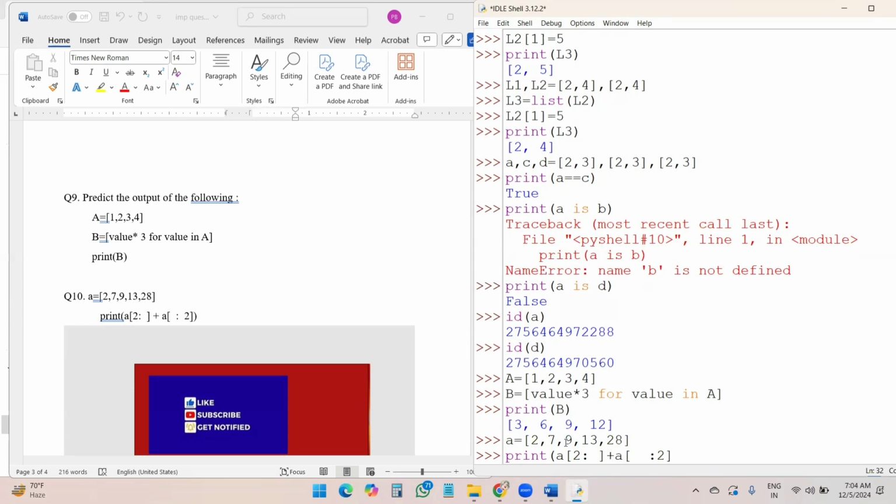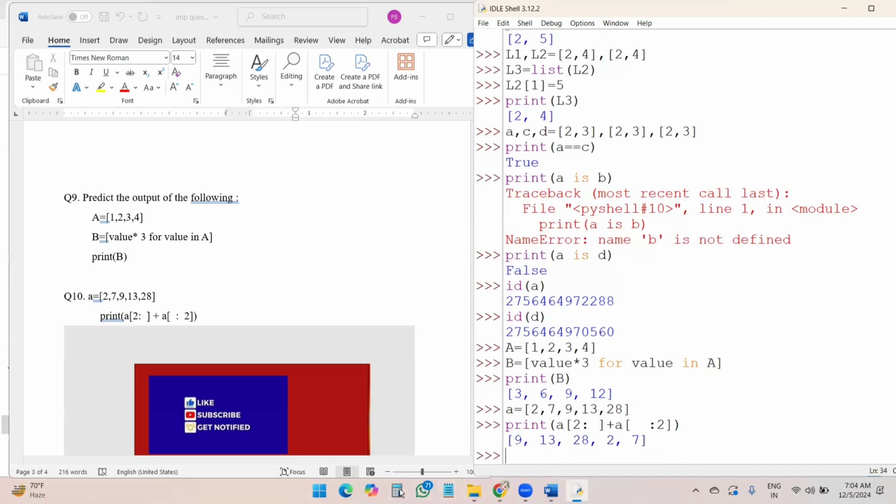Now, first of all, what is the meaning of this statement? This is from 2 to last. 0, 1, 2, 9, 13, 28. This is from starting to 2. That means till 1. 3 and 6 in this only. 0 and 1 position in that only.